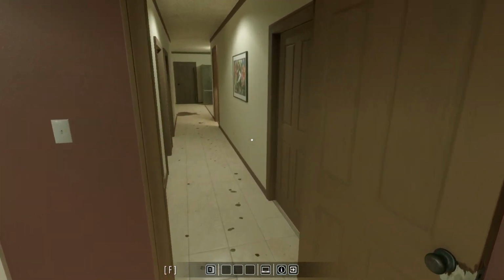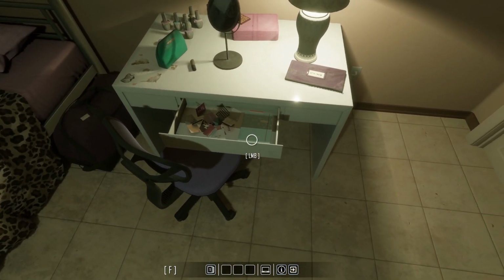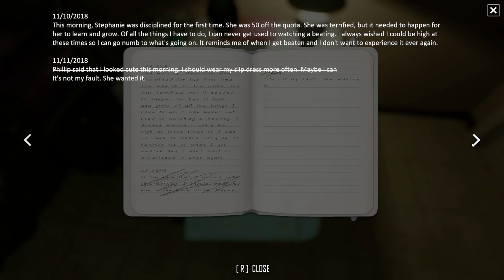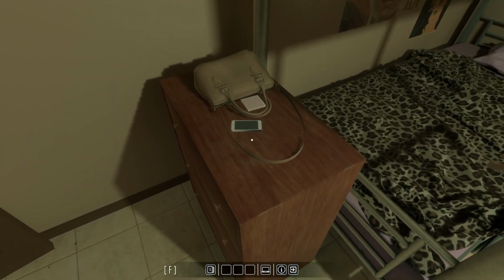So we have the... let's check the diary. When was the beating? Oh no, sorry, that's what I was thinking. So basically, what happened here is Stephanie was beaten. She was sent, but of course, she didn't work. And then we have the